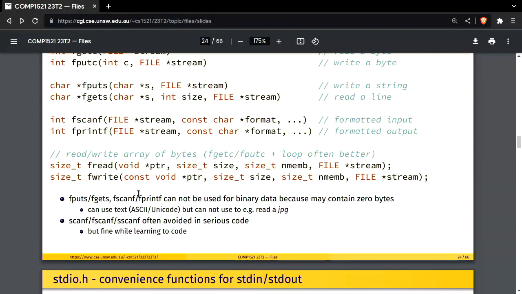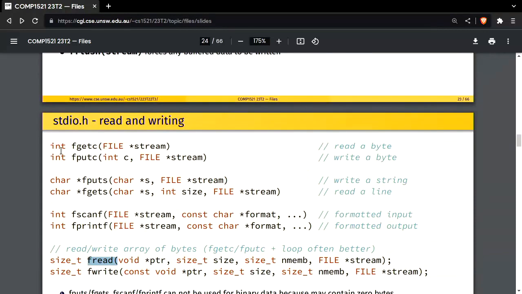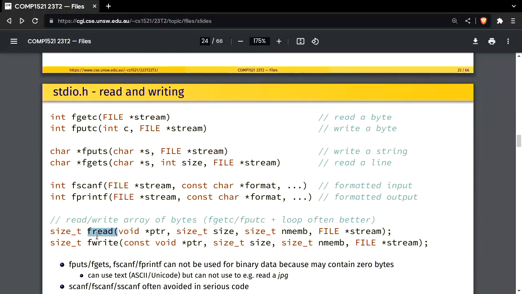So fgets is totally fine if you're dealing with a text file, but let's say that you're dealing with a special file format, for example a PNG, or for example the types of files that you'll be working with in the assignment. You don't want to be using fgets for that. You want to be using something like fread, or you can use fgetc. So fgetc to get characters one by one in a loop, or fread to get a bunch of